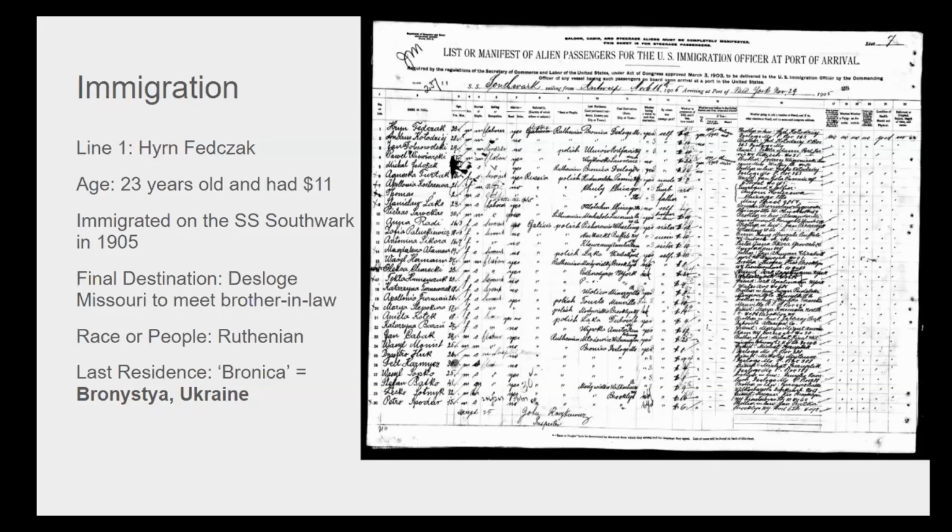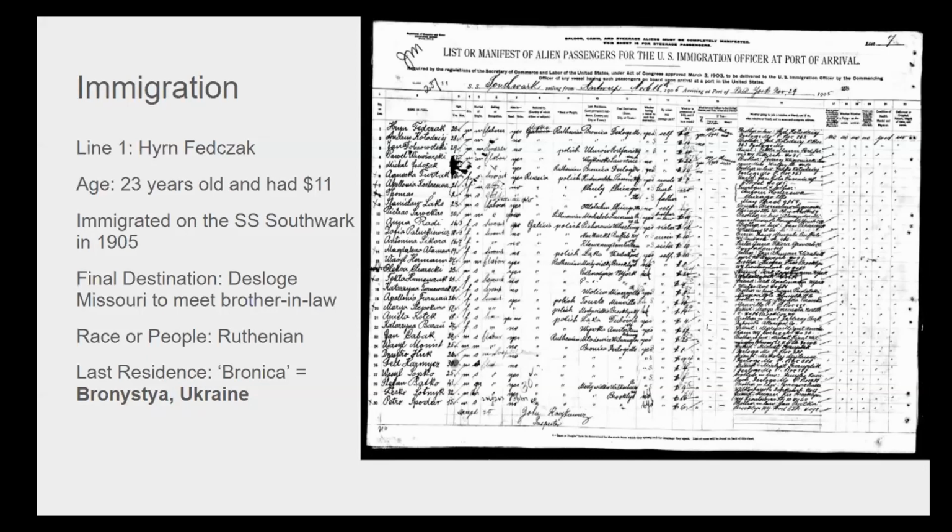And although knowing the country of origin is helpful, honing in on that specific town name is significant because it'll more easily allow you to continue your research and to trace your ancestors back to the old country, wherever that might be for you. So for this example, this passenger list is for an ancestor named Harry Fedgick, and he arrived in Ellis Island, which was the largest port of arrival, although there were a number of others. So I wanted to use this passenger list to highlight certain things that you might be on the lookout for or consider when